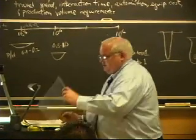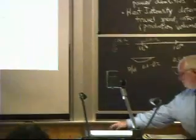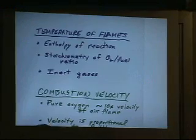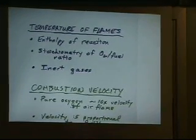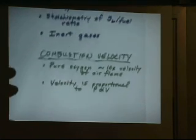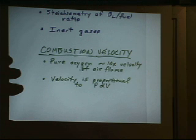And that's why higher temperature flames give a big increase in combustion intensity in terms of what actually hits the surface. So if we look at temperatures of flames, the first thing is the enthalpy of the reaction. The second thing is the stoichiometry of the oxygen-fuel ratio. And the last thing is, do you still have nitrogen around in the air, or are you burning with pure oxygen? The combustion velocity goes as a square of that temperature approximately. Pure oxygen gives about 10 times the velocity of an air flame